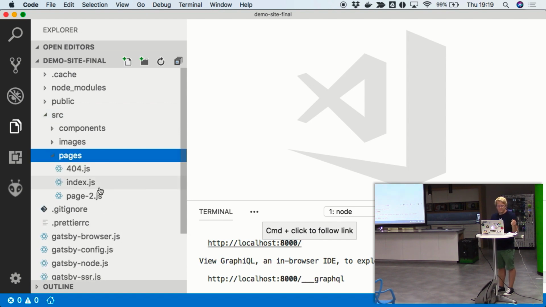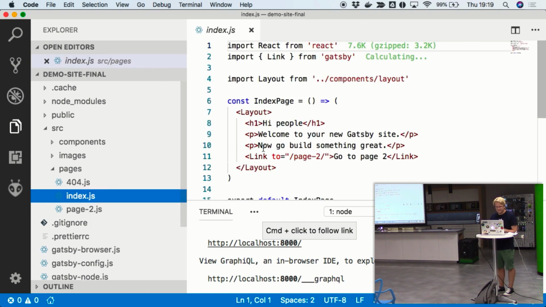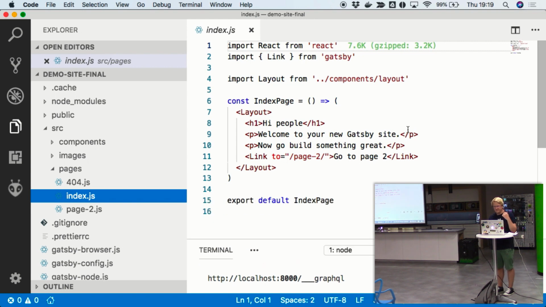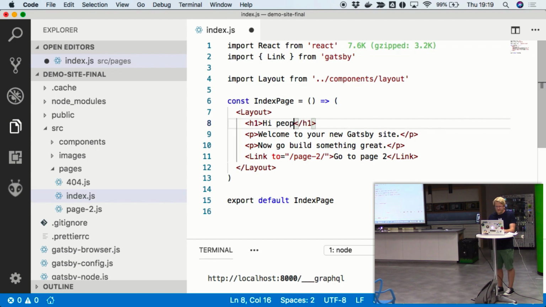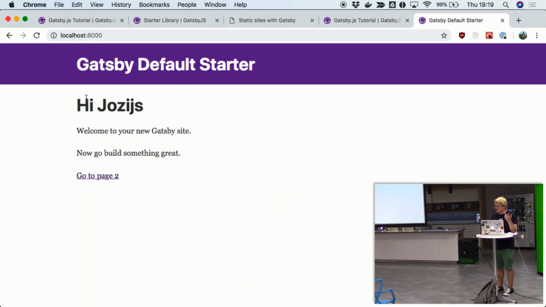If you want to go to page 2, put a page2.js in the pages folder. Simple as that. And you've got your page. So we've got the index. This is just a React component, if you're kind of used to it. Just to show you the hot module reloading, it's quick. It's seamless in a sense.